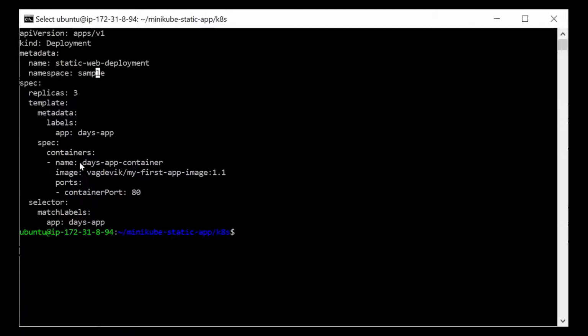Just like we have discussed previously, the name of the container is this, and the image it is going to use is this. So basically we haven't built any application as such in this repository. We just used the image which we have previously built in some of our other projects. We just used that image name in order to deploy this application onto GKE, but we didn't build any application as such in this particular project.